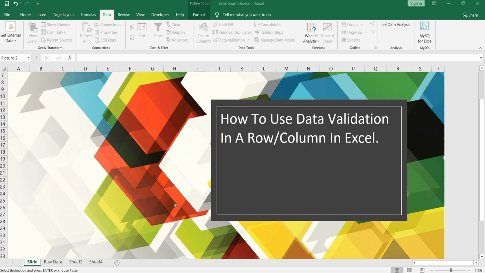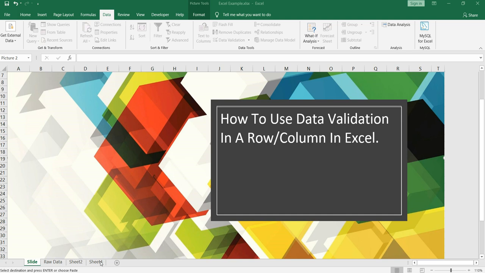In each of the columns, you want to specify that the first column, which is name, should only contain text values. Class should also contain only text values. Roll number should always contain a number. Marks should always contain a number. If somebody tries to input something else instead of numbers in marks, it should show them a message that you won't be able to do that because you are supposed to input a number here. So we'll take a look at the practical example here.